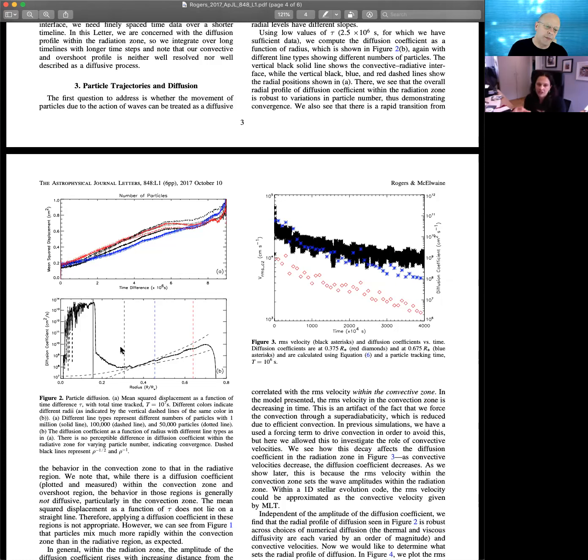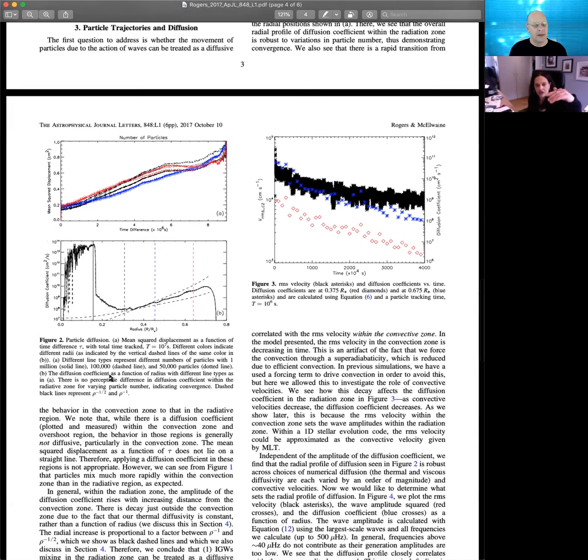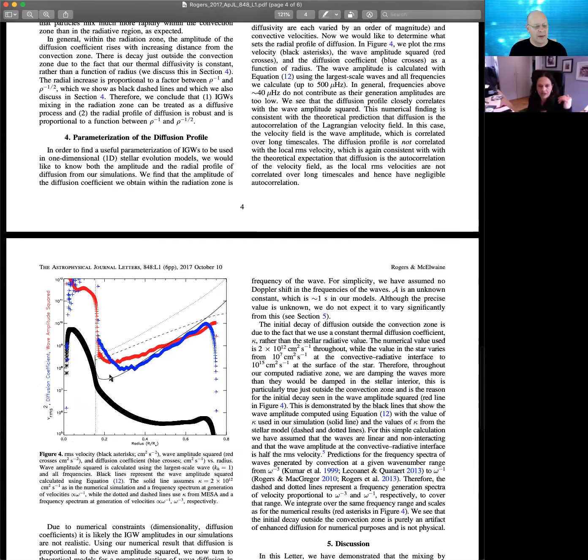High frequency waves are not subject to radiative diffusion, at least not so much, and so their amplitudes can grow very high, and low frequency waves are more likely to be dissipated by thermal diffusion. So anyway, when I saw this, I thought, oh, that looks like a wave amplitude effect, right? So if you go to the next page,